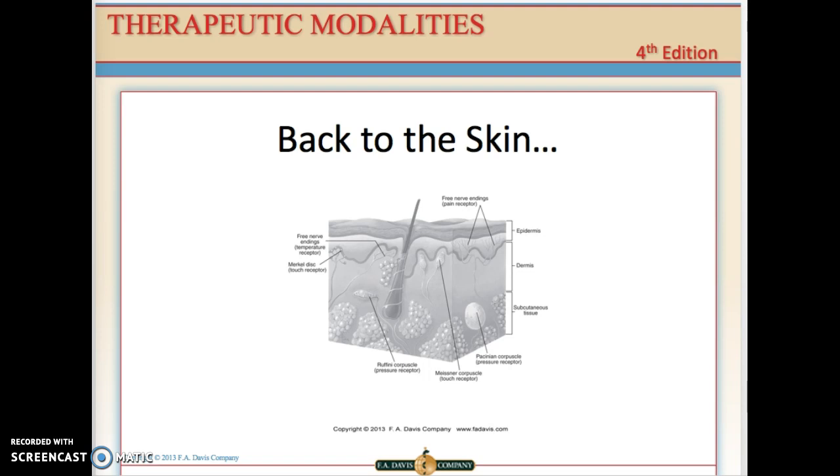The Pacinian corpuscles, as you see, are located deeper in the skin. This is them right here. And they react to higher levels of mechanical pressure, so they're not as sensitive as the